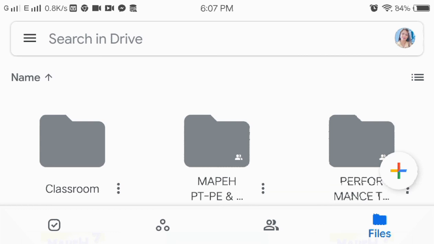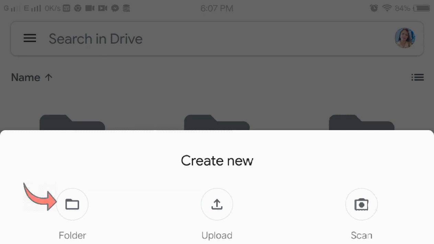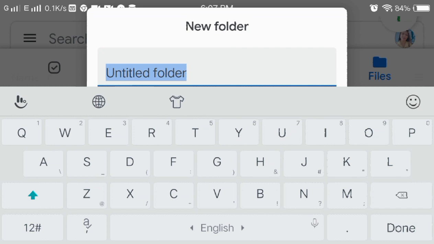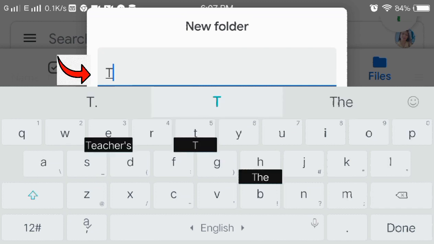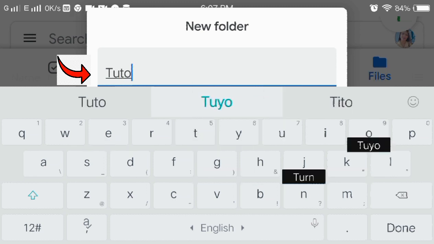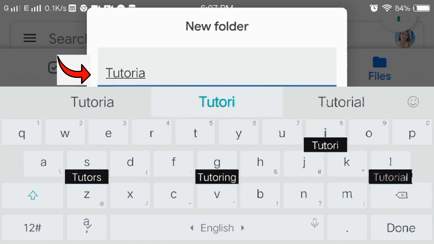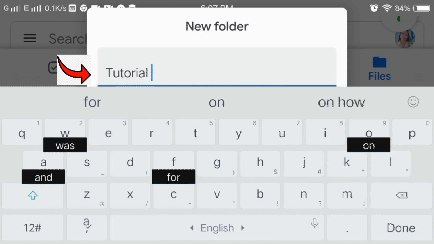There is a plus sign here at the lower right. This is the thing that you need to click. You need to click, and then you need to create a folder. Here, create new, then click folder to create a folder. Then from there, you can rename. So for this, we will write tutorial